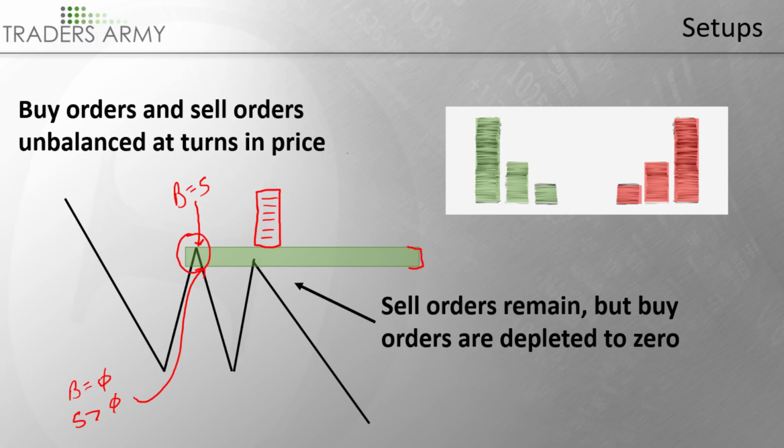Now, at some point, you're probably going to have more buyers come into play. So you'll also have, at this point, a stack of willing buy orders, right? So at this price level, I've got a stack of willing sell orders and a stack of willing buy orders. Well, if those sellers and those buyers transact with each other when price returns,